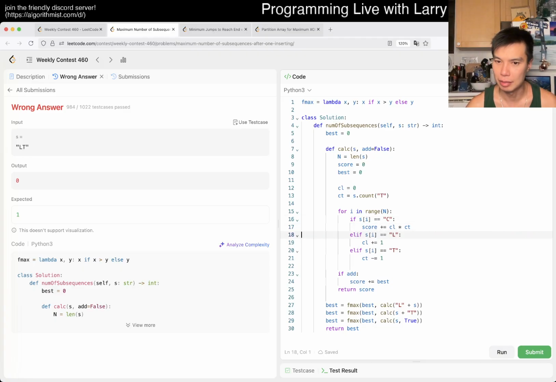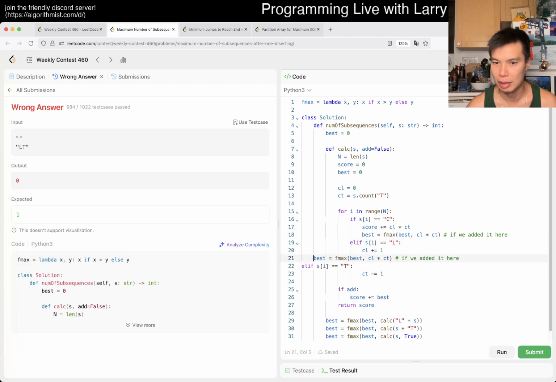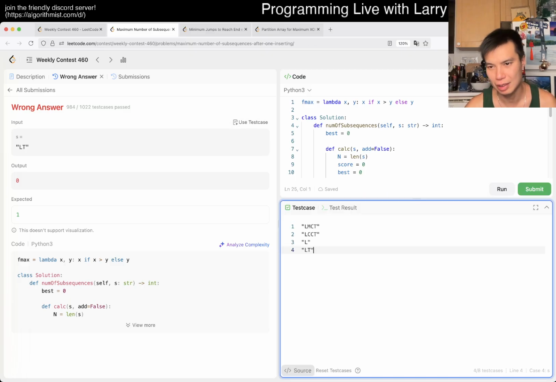This is just really dumb, because we want to try it before and after. And if this is an L, we want to try to add it after. And if this is a T, we try to do it before, right? And then just in general, yeah, that is just dumb. Maybe I should,